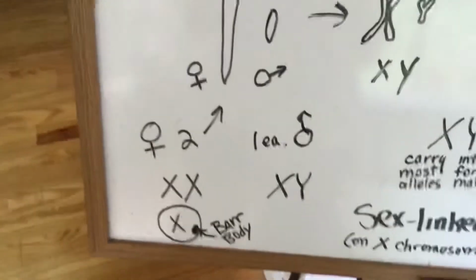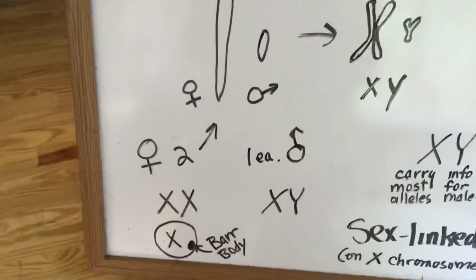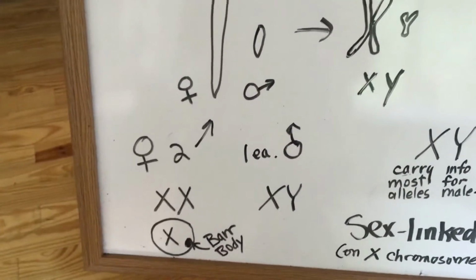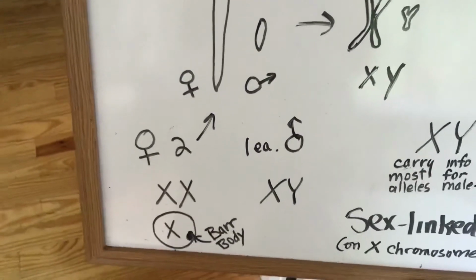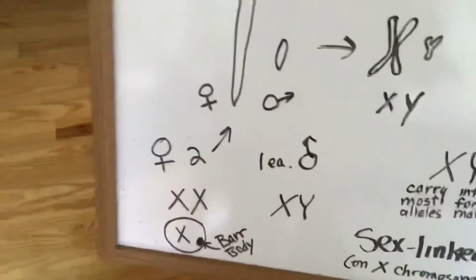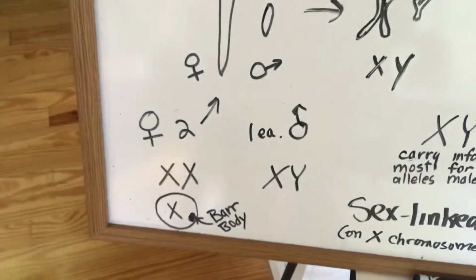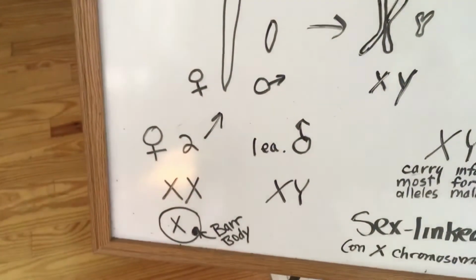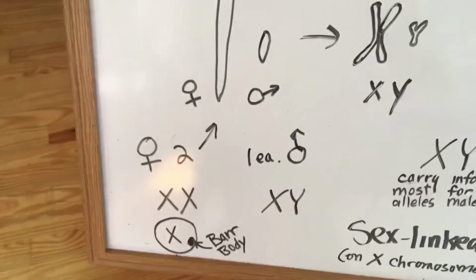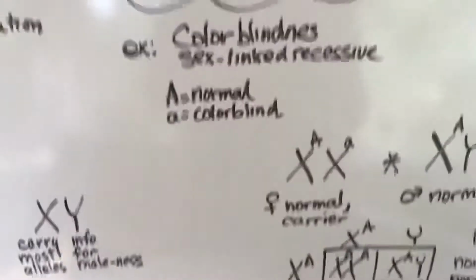Now notice also, what would be the probability of being a male? That would be 50%, right? And if you look population-wise, we're roughly 50-50. There are slightly more male births than female births in the United States, and that's because male sperm swim faster, all right? Anyway, okay, so let's look at a sex-linked